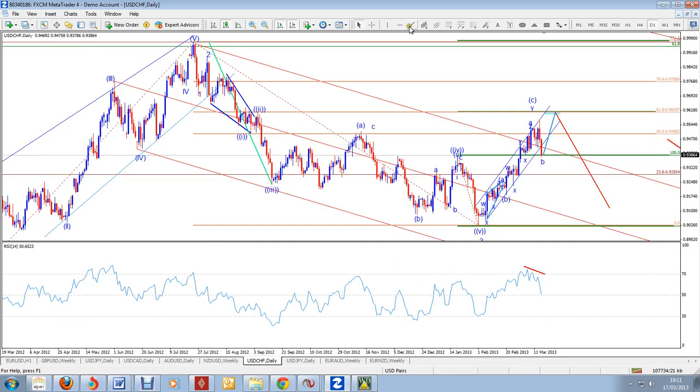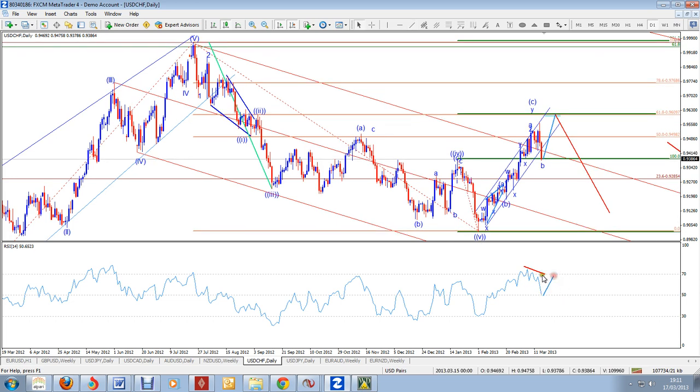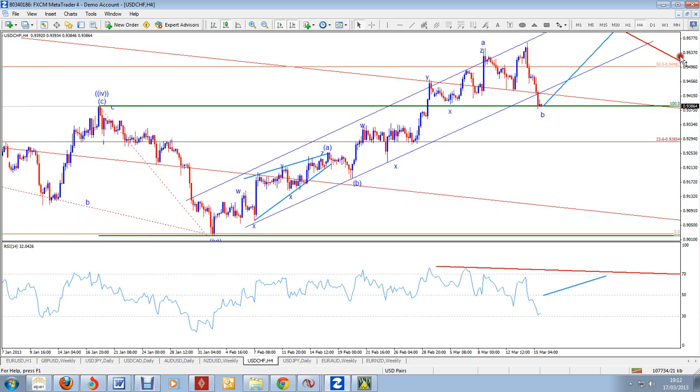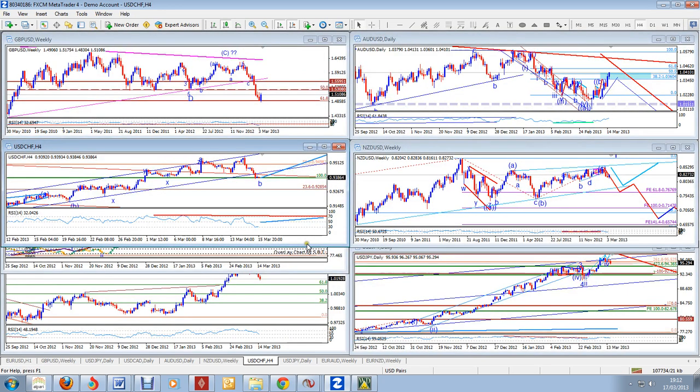And on the daily, now that we have this divergence, or rather this pullback, RSI has pulled back to 50. So the next time round when the price runs up, we should get a divergence on a larger scale, larger degree. Okay, and we'll go back to 61.8% retracement of this entire drop from the July high. So dollar index has more upside, with the dollar Swissy also following the same.